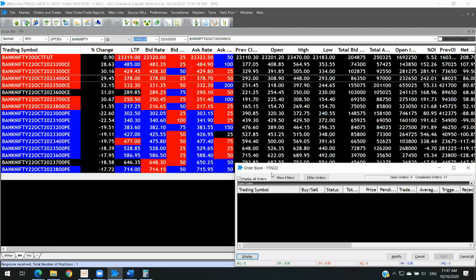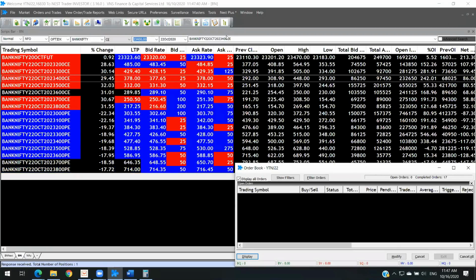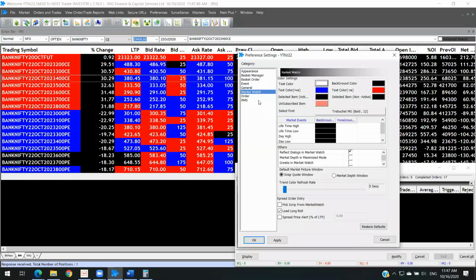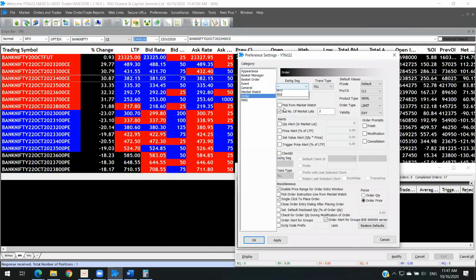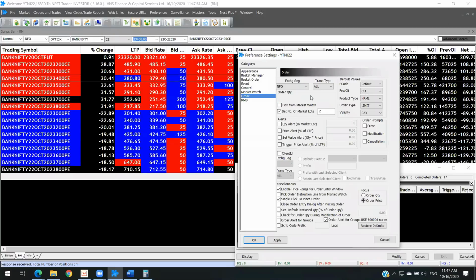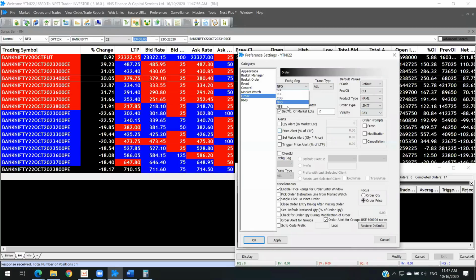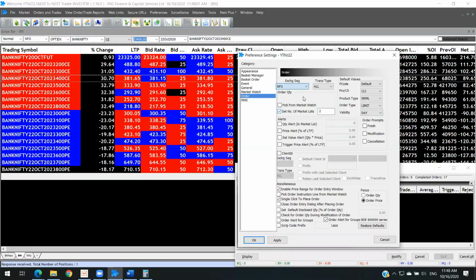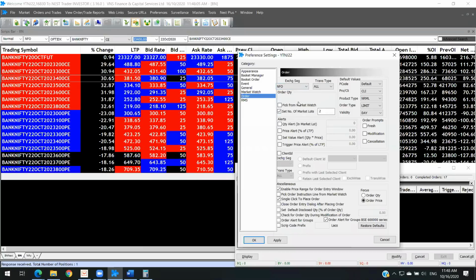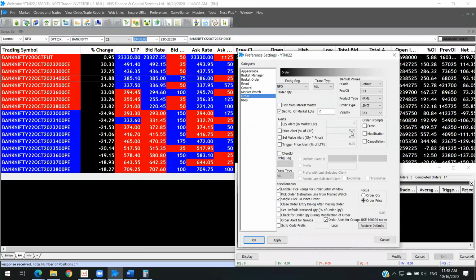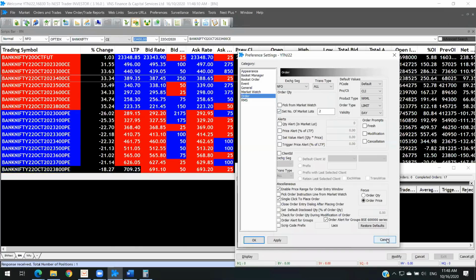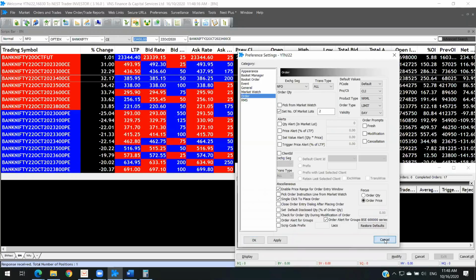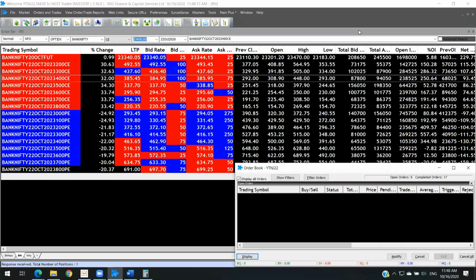The next one, we have also seen how to keep the user preferences. You can use the market watch to change the colors. You can use the order window, go to NFO. If you're trading in futures and stock options, choose this. You can set one for NSE, and if you want a different one for NFO, you can do that. NFO is futures and options. So all futures and options will be traded with the settings which you have set. Then give apply, and it'll automatically do it. Here again, you have a lot of other features, but I don't use any of them. I want to keep my trading very simple.